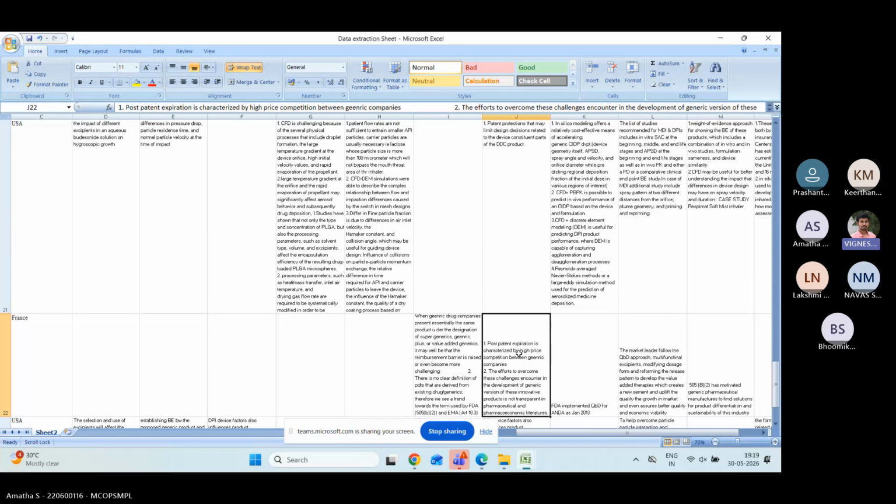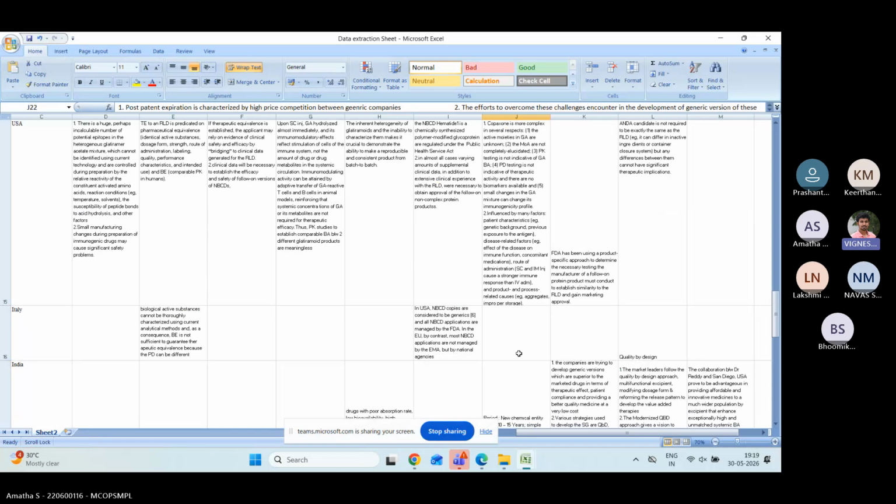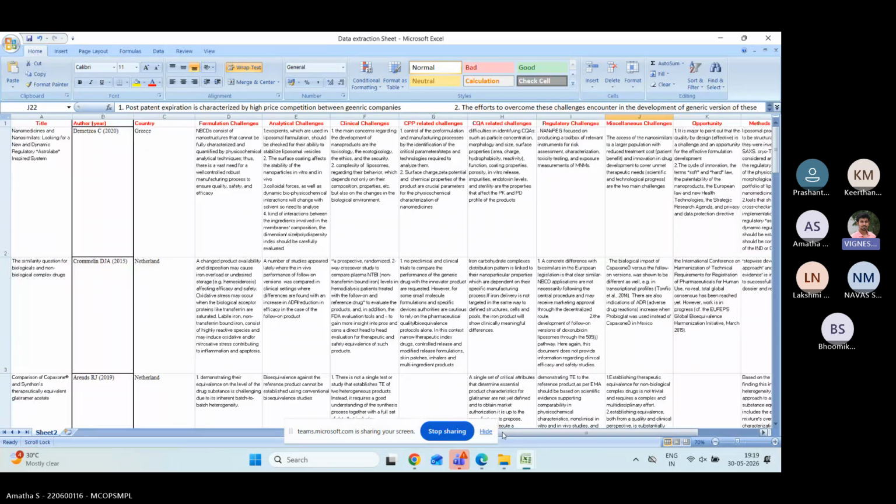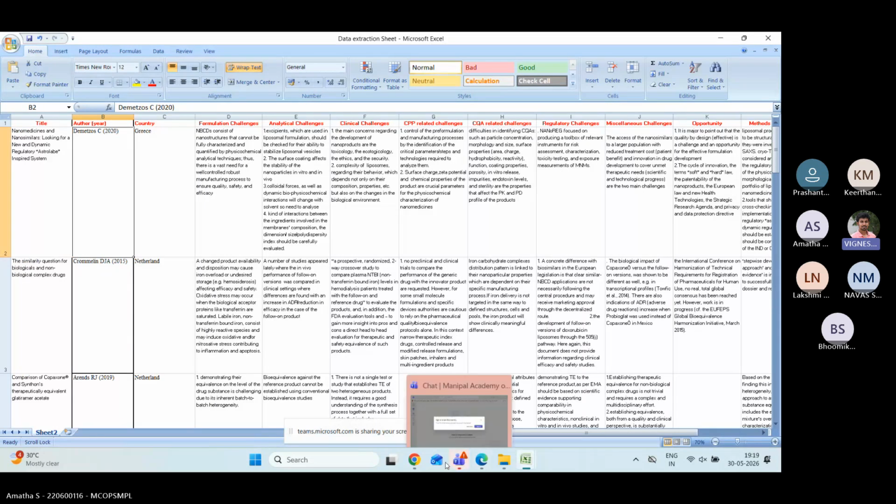Gray literature, we will not use Rayyan to do screening. So this extraction sheet, you have to copy paste. When you are making the data extraction sheet, make sure you note the title, author, year, and country. Because when you are publishing a paper,